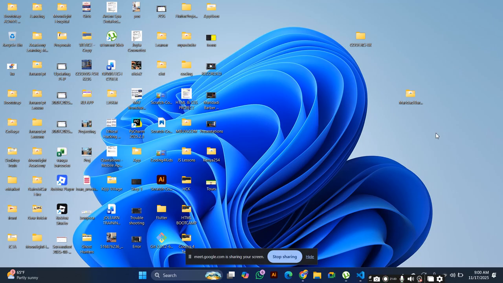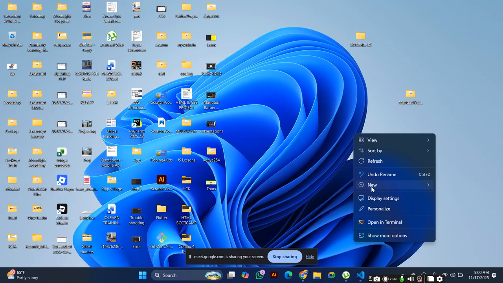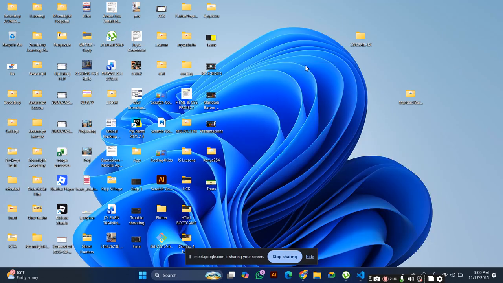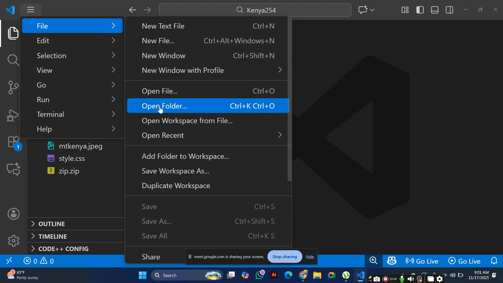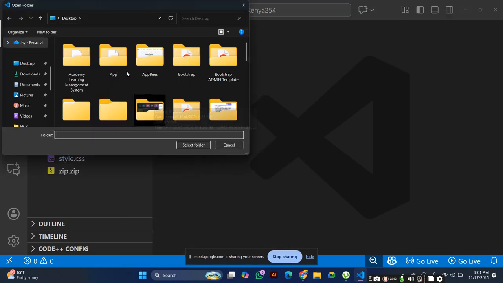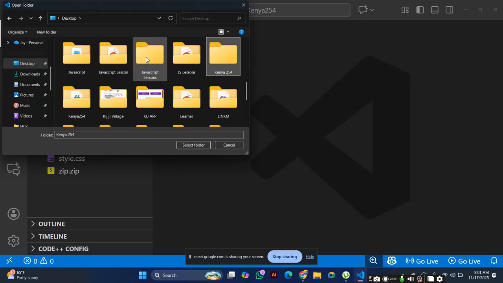You right click, select new folder, then you call it Kenya 254. Then you come to your Visual Studio, then File, Open Folder, go to desktop and select your Kenya 254 project.